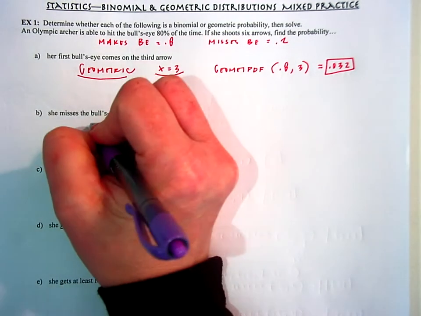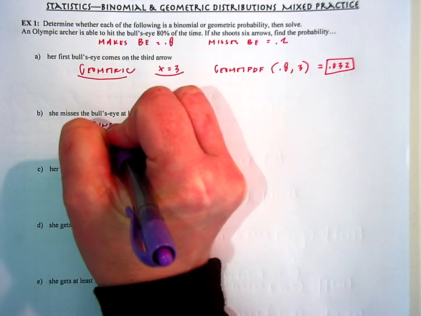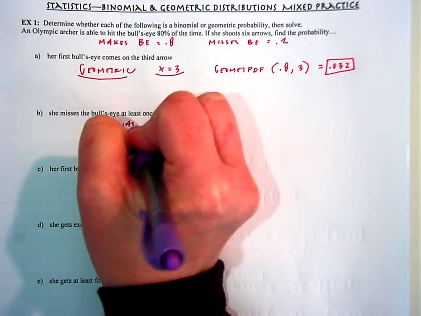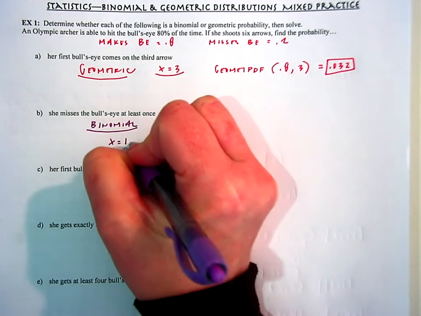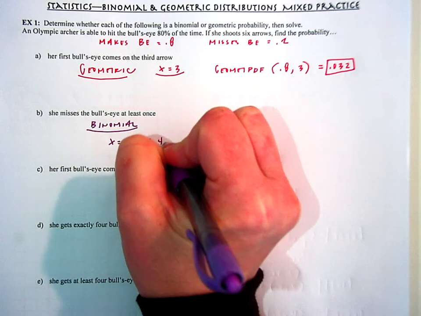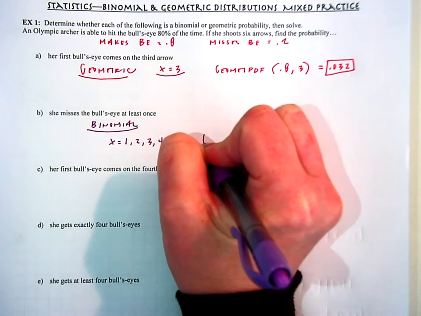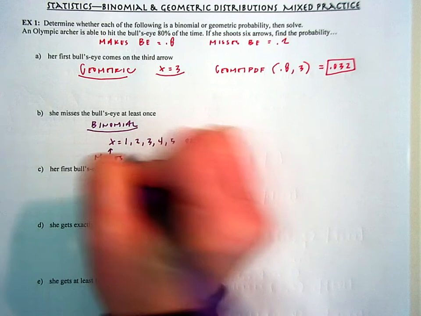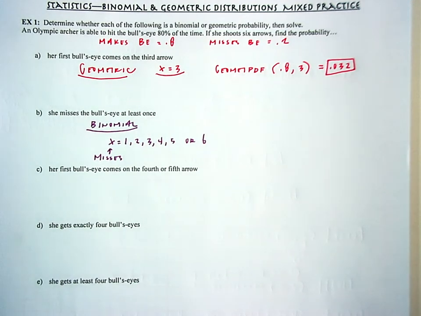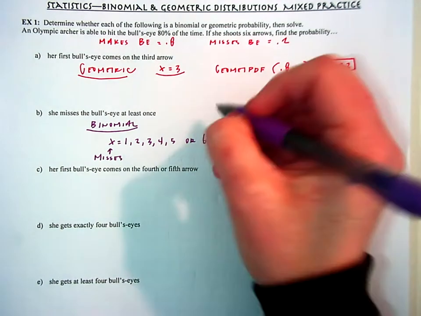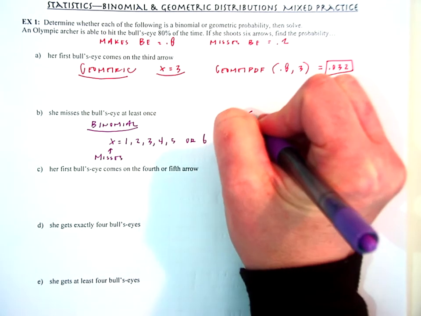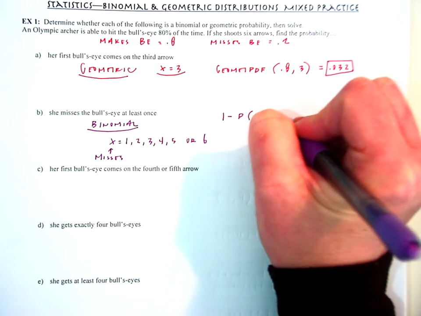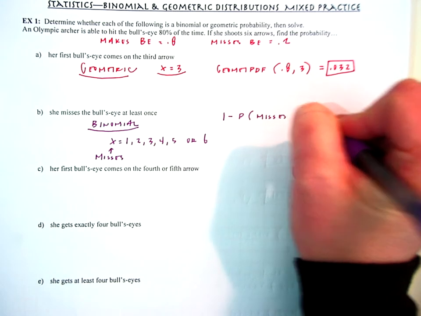So this makes me think it's binomial. Binomial, because she can miss, like I said, exactly 1 time, exactly 2 times, 3, 4, 5, or all 6. And here again, we're looking at misses. That language has changed as well. She misses 1, 2, 3, 4, 5, or 6 times. So here, I'm going to use my complement. I'm going to do 1 minus the probability that she misses